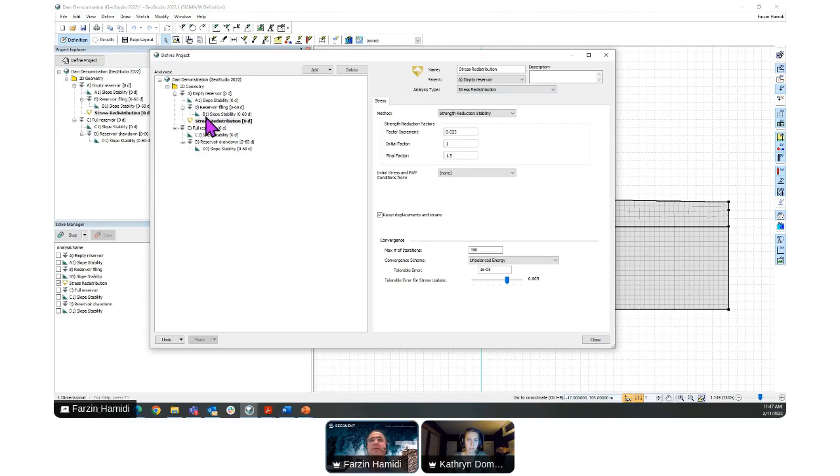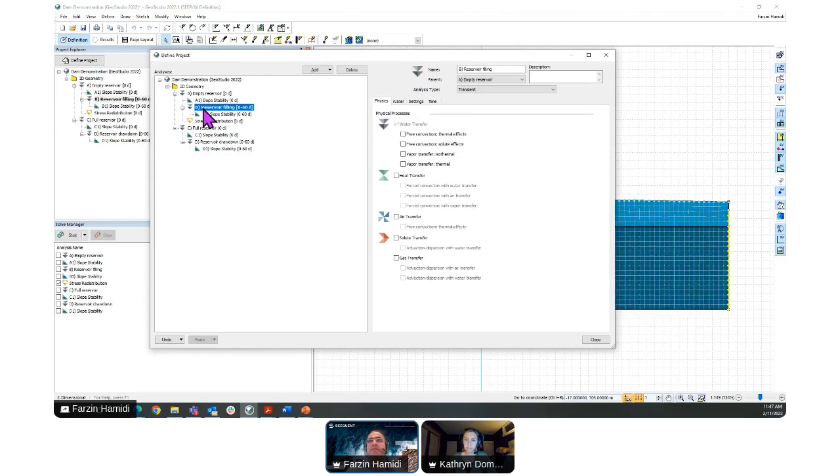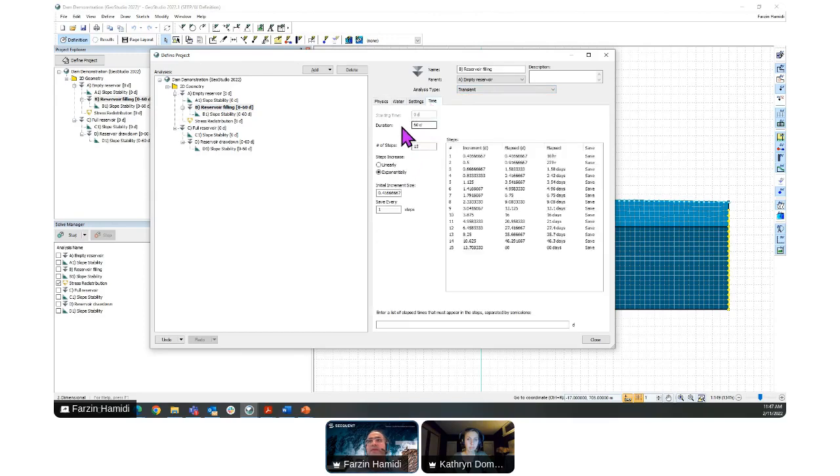All right. Yeah, I already demonstrated that, for example, for this steady state analysis. As you can see, this one is a steady state analysis, so we don't have the capability to run at different times. But for the transient analysis, as we can see here, we modeled a 60-day time.